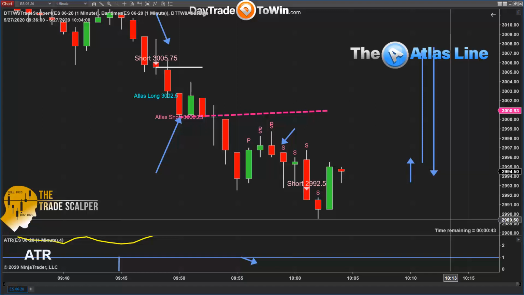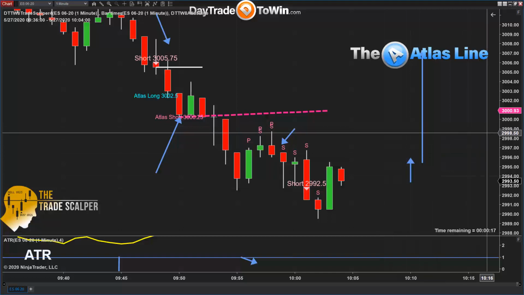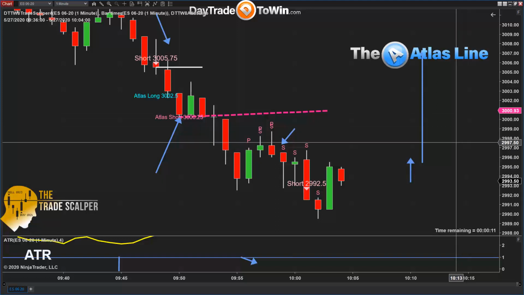So when I look at a large red candle or a large green candle, the first thing that I think about is it's going to reverse at some point. It's not going to continue. So just take that into consideration. I never look at strength in the market as large candles. So one large candle is typically useless. It's a false breakout. Not all the time, obviously, but I don't want you to get lured into it and say, when I see a large candle, it means to sell or to buy. Be careful because it may be the last push of the move, and then the market may reverse from there.